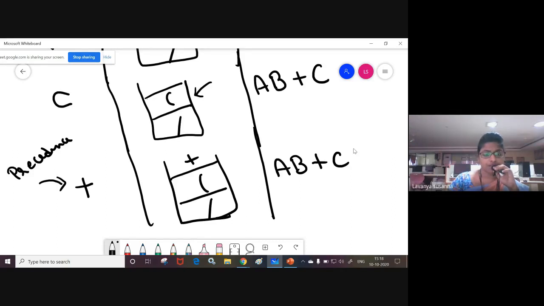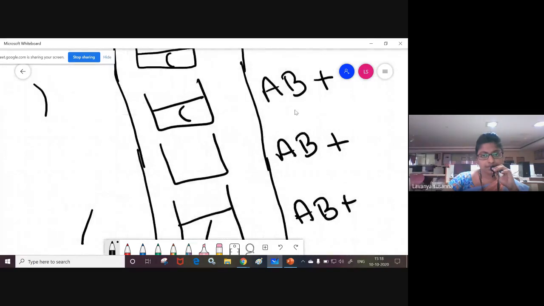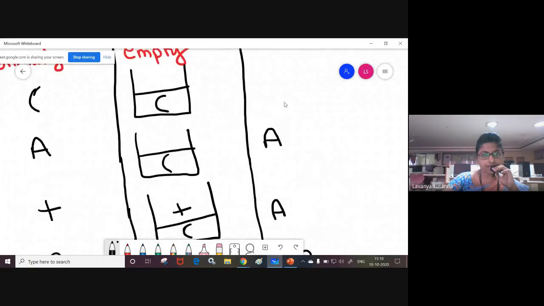Remember students, if you got operator, you need to compare the precedence of the scanned symbol with the precedence of the topmost element in the stack. But here there is only bracket. If there is bracket, don't do anything, don't compare, just push it. Push plus onto the stack. Okay, I hope you are able to understand students. Next scanned symbol. Let us see what is the next scanned symbol. Please note down simultaneously.